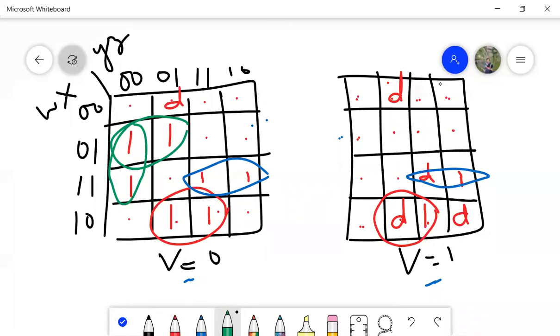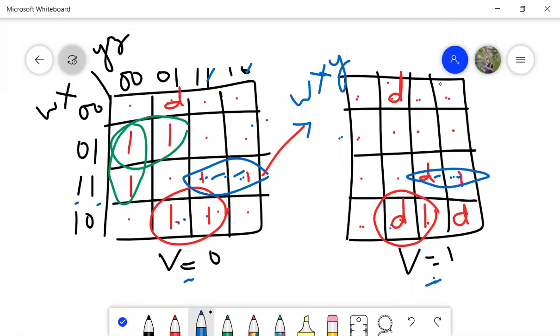Now when we simplify, let me simplify the first one. This blue one was the first one. So how do I simplify? See, this blue is there in this K-map as well as in this K-map. So V is equal to 0 and V is equal to 1 will get cancelled since it's there in both the K-maps. Now what is left out only you have to write. This blue 1 and 1, 1 and 1, both the K-maps are same. So it represents 1, 1, which means WX. And here 0 and 1 will get cancelled, so Y will remain. So it is WXY.